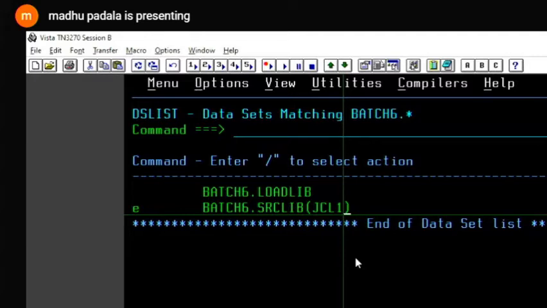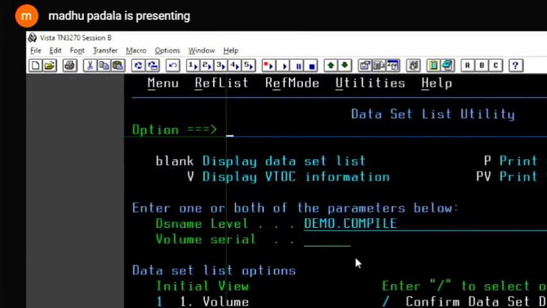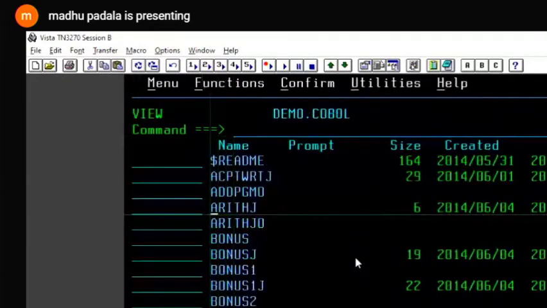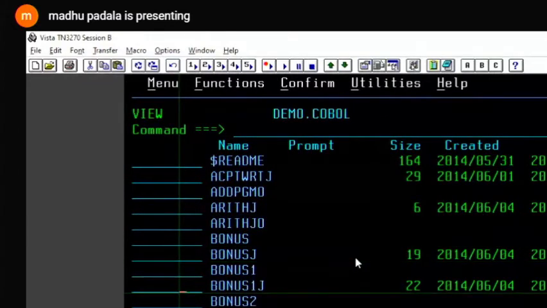If you have n number of programs, let me show you how it looks. For demo.cobol, here: BONUS, BONUSJ, BONUS1, BONUS1J, BONUS2, BONUS2J, BBLSRP, BBLSRPJ, CALCJ.